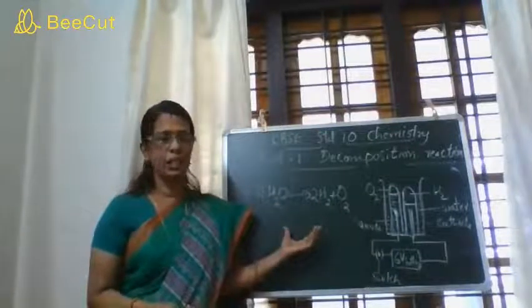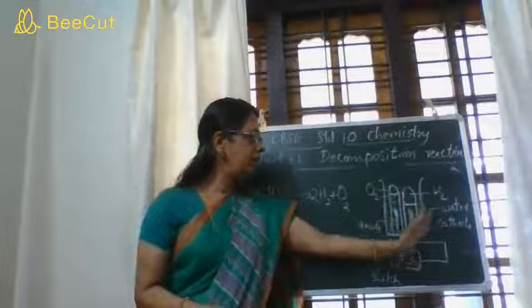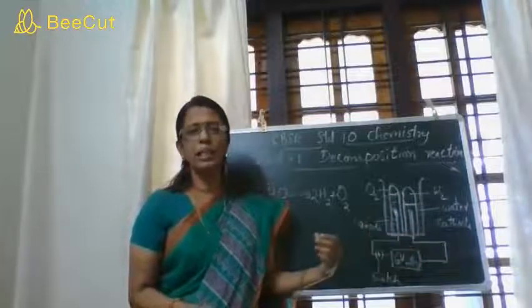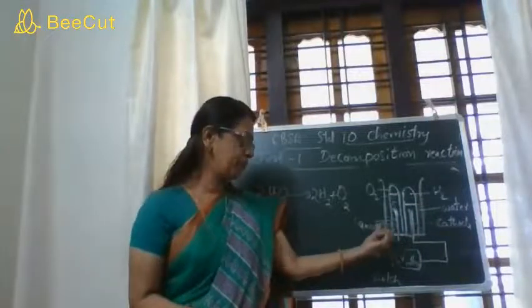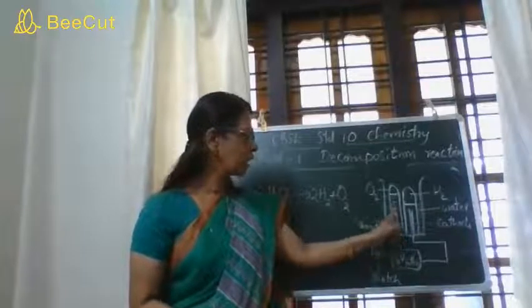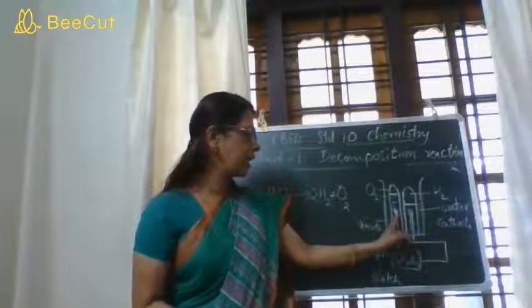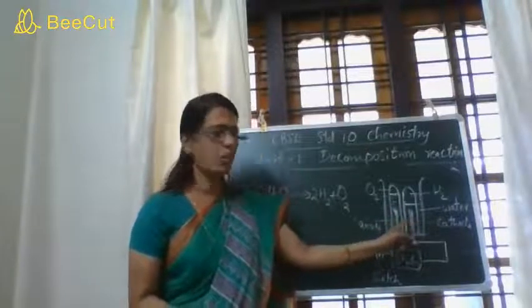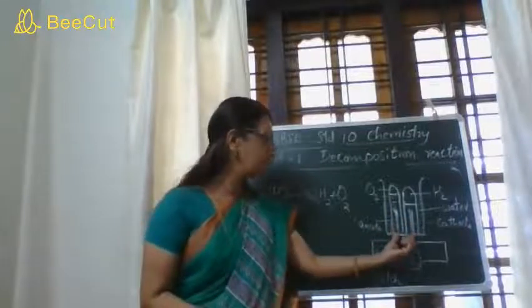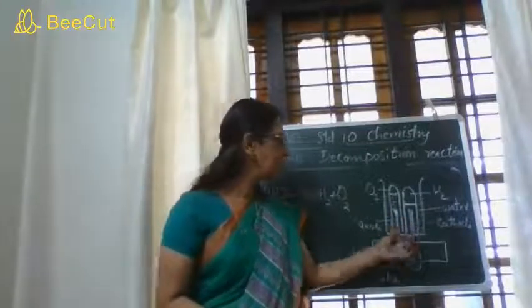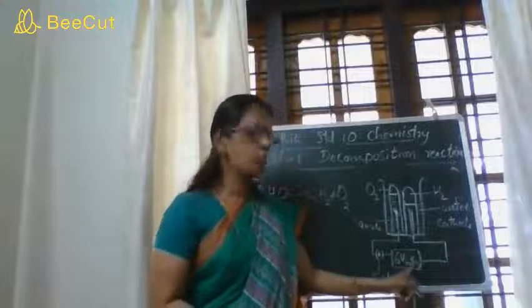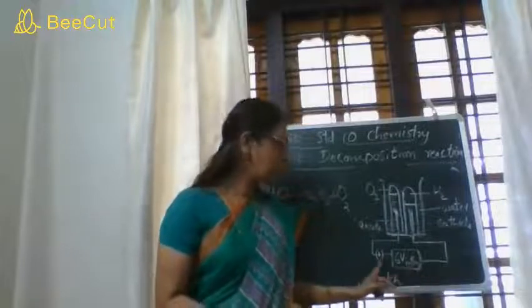Water is a liquid. Liquid water is taken in a beaker or a plastic mug and two electrodes are placed. A carbon rod is taken as the electrode. Two electrodes are fixed in the bottom. Then it is connected to a 6-volt battery and there is a switch. And